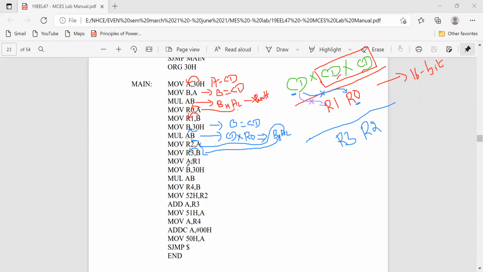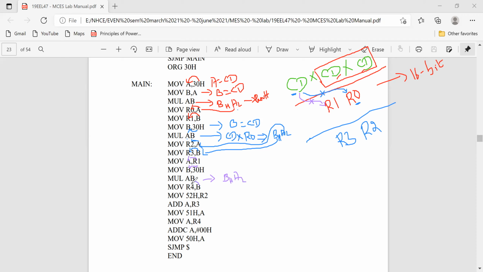In R1, we are moving into the accumulator, and 30H is moved to the B register. Fine. So now the CD and R1 data will be multiplied and BH and AL will be the resultant.